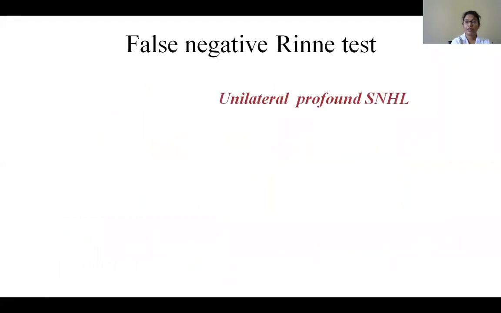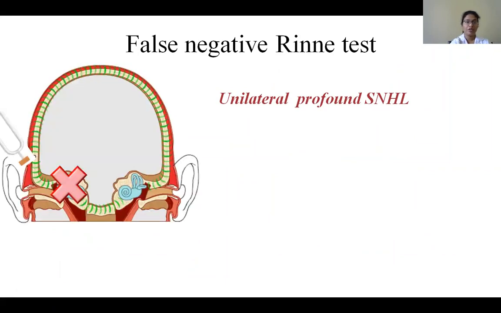It is especially seen in case of unilateral profound sensory neural hearing loss, meaning this scenario. In this case, the right ear is non-functional or deaf. In a non-functional deaf ear, both air conduction as well as bone conduction are gone because the cochlea or the auditory nerve is totally damaged. So what is going to happen? When you keep the tuning fork over the mastoid process of the right side, the whole skull is set into vibration. So it will set both the cochleae into vibration, but the right ear, as it is non-functional, will not perceive the bone conduction.